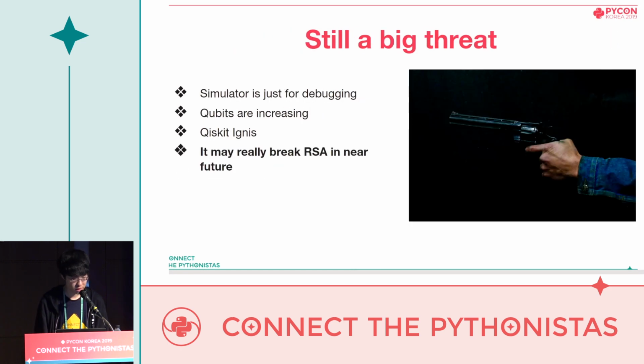However, incomplete is not equal to useless. This is rather a big threat. Well, there are a few problems, but many people are still working on it. For instance, Qiskit recently included a new element called Ignis, which mitigates the quantum noise. And talking about the limit of a simulator, actually there is no problem. We can just test the small cases on a simulator and use the real device when it gets massive. Anyway, now we know that RSA can be broken someday, so what should we do?